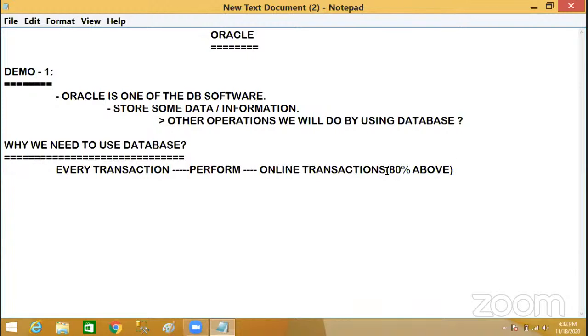Suppose I have some work. I want to transfer some amount from my account to my friend's account. Are you going to the bank manually? Your bank is 2 to 3 kilometers away. Are you going to the bank? No, no need to go to the bank. I want to transfer the amount to my friend, and I want to sit at my home only.